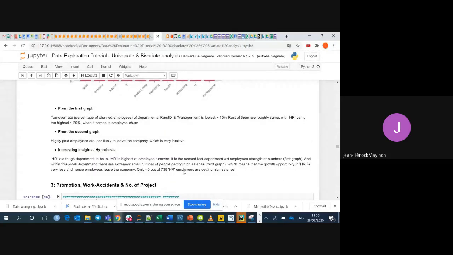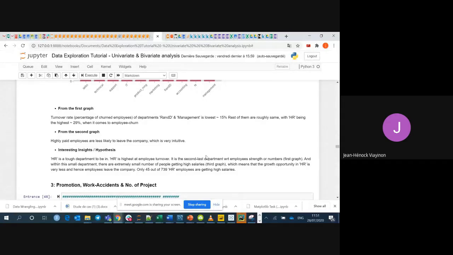from this interpretation, if you don't find a clear answer to why employees are leaving using your exploration, we just explore other variables like work accident, like project. So the most important are salary and department. If I'm working somewhere and the working conditions are not good, why should the working conditions not be good? Yes, the salary is low. The department I work in has hard working conditions and I'm doing a lot of work, but I'm not getting a huge salary. So I will leave. If I find better, I will leave.